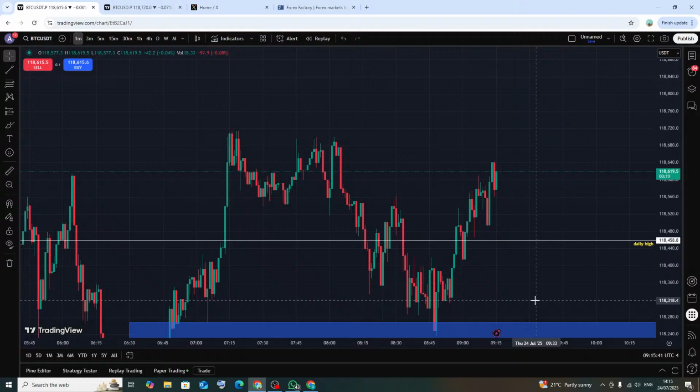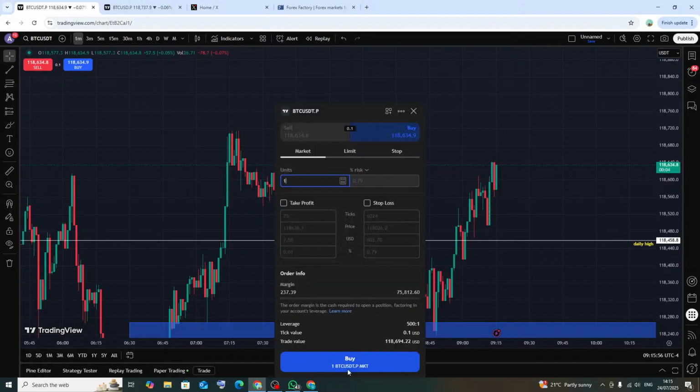It seems to me that it wants to go toward the upper side from here. It may not make a pullback. If it has to go toward the upper side, definitely it should not go below this low. It wants to go toward the upper side, it seems to me. I actually wanted to buy. I don't know if I should buy or not. I don't know if this is a good trade or not. I wanted to buy, by the way,